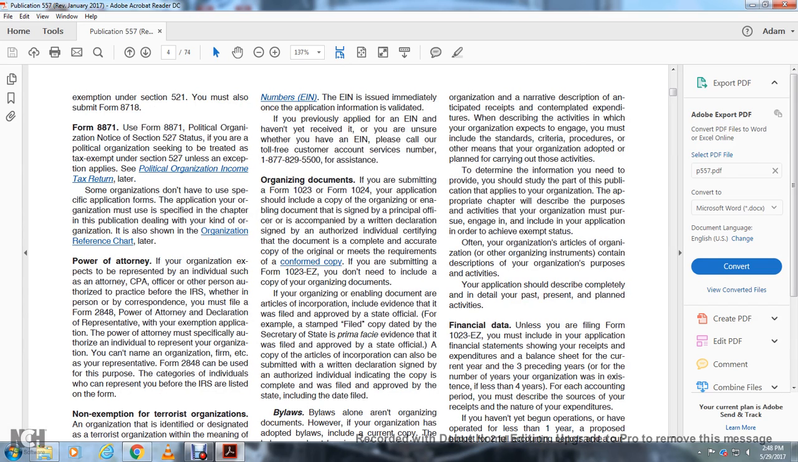If you previously applied for an employer identification number but haven't received it, or you want to ensure that you have the number, please call the toll-free customer account services number, 877-829-5500, for assistance. Organizing document: if you're submitting Form 1023 or 1024, your application should include a copy of the organization's